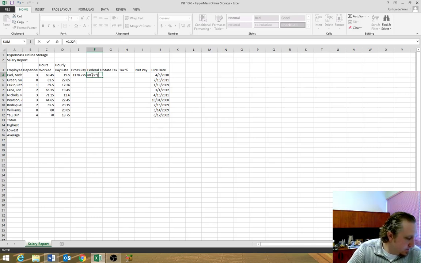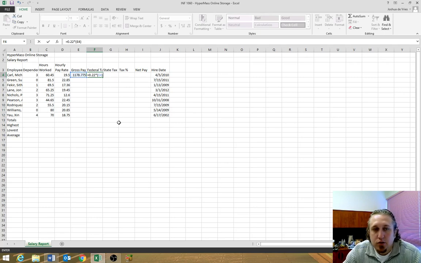bracket. If you tap or click the cell E4, it automatically puts in E4 in the bracket, and then you're going to end the bracket. So you're telling Excel to multiply 22%, or the decimal, 0.22, times whatever number is in E4. Once you've completed that,